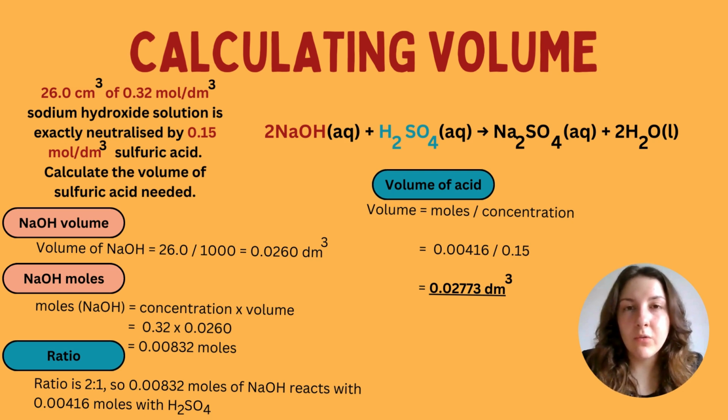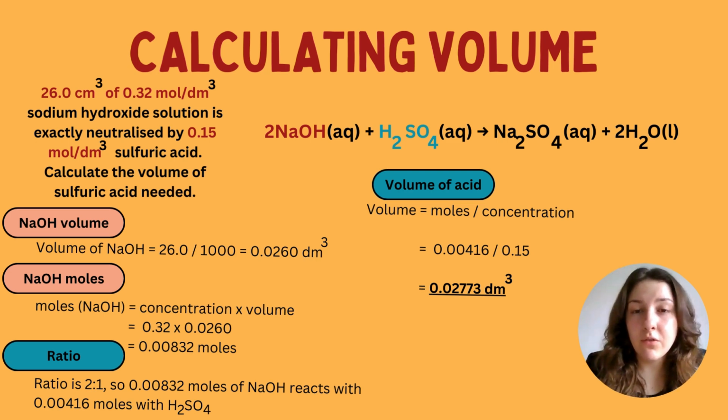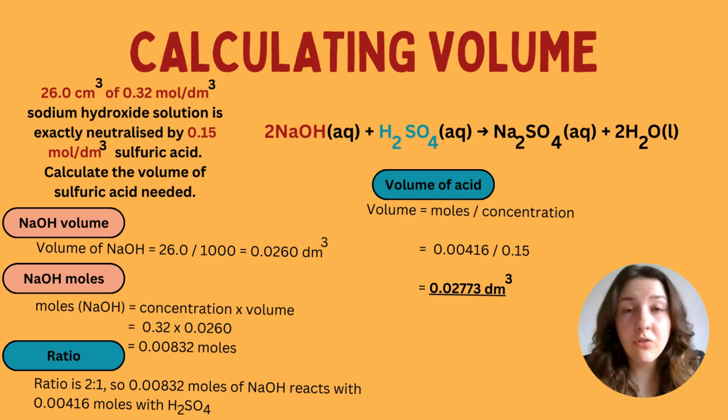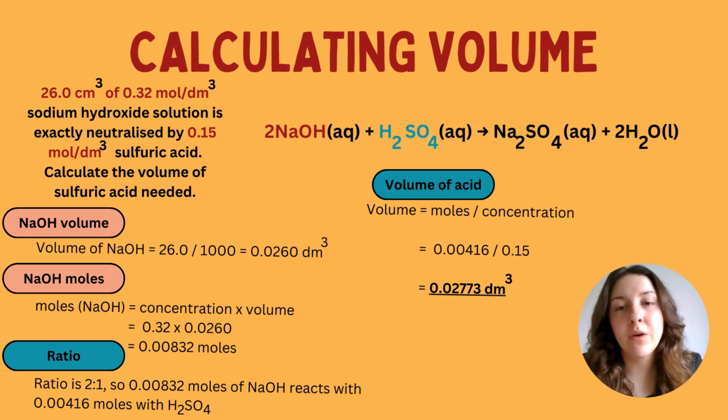Again, in this sort of question, you want to label the things underneath the equation and write down the numbers of what you know. For sodium hydroxide, we know the volume and the concentration. For the sulfuric acid, we know the concentration, but we do not know the volume, and therefore you need to write that down. The volume for sodium hydroxide has been given in centimeters cubed, so we start from there. We convert it into decimeters cubed by dividing by 1,000. We get an answer of 0.0260, and then we can use this to calculate the number of moles of sodium hydroxide. We should get an answer of